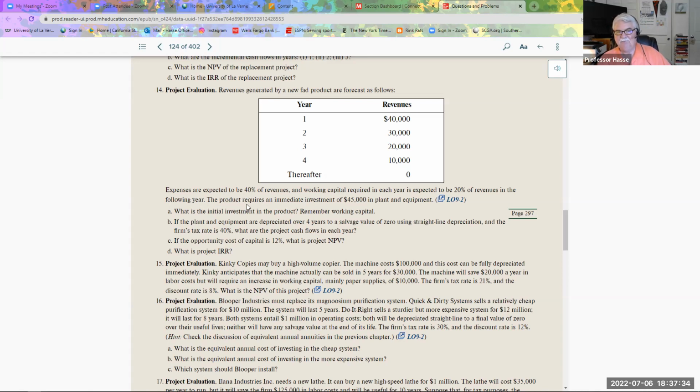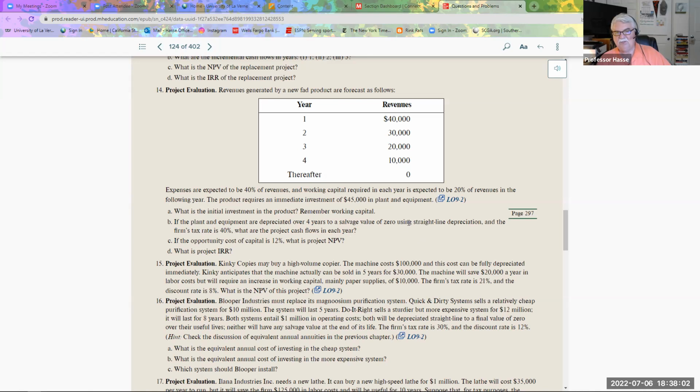That's the plan. So if our revenues are 40,000, 40% of that are expenses. 20% of revenues are our working capital requirements. So our job is to determine, with an investment of $45,000, what is going to be the net project cash flow of this project